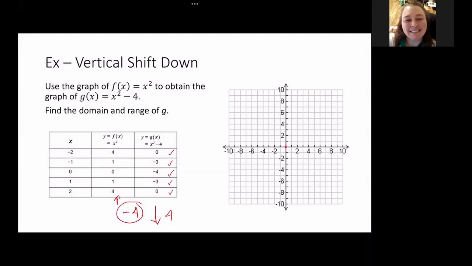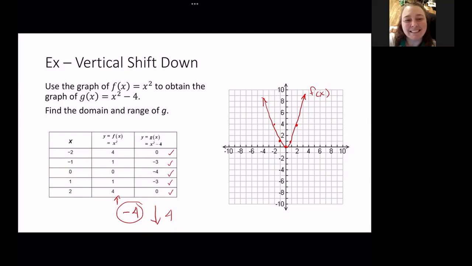So we've got 0, 0; 1, 1; negative 1, 1; 2, 4; negative 2, 4. And we're going to make our smiley face. My f of x. Now, if I graph the g of x this time, I can start with my 0, 0 point,